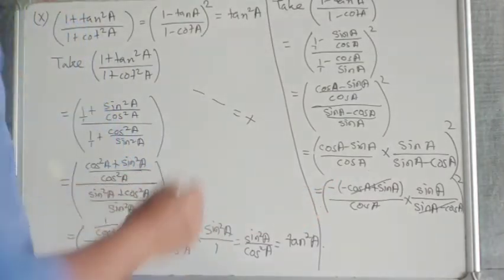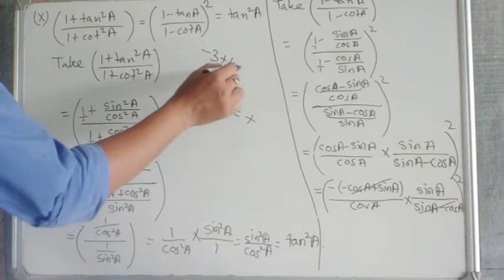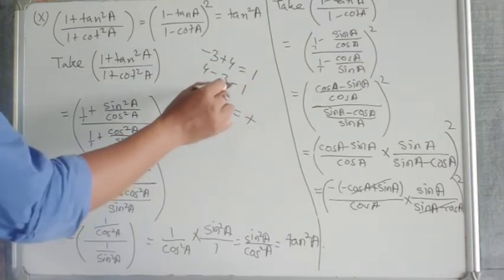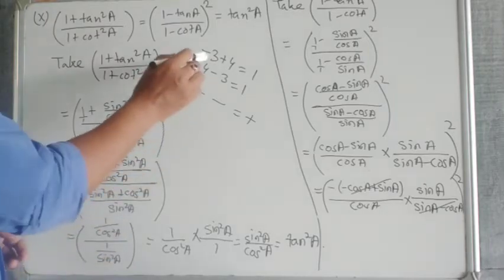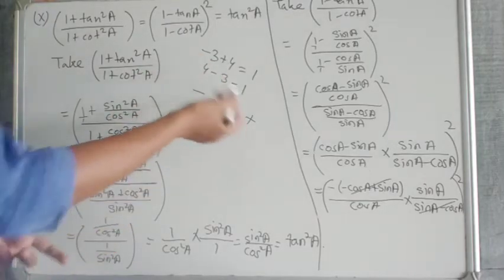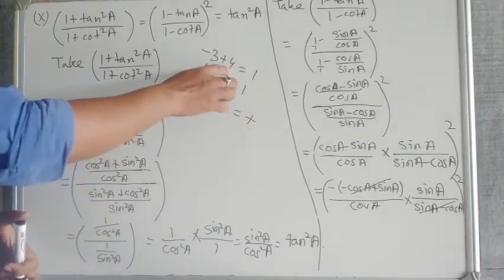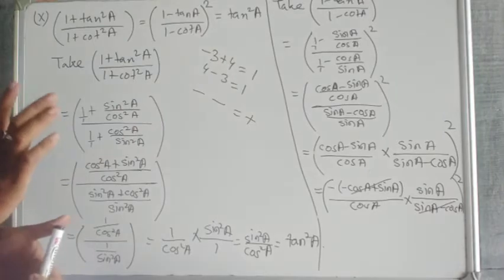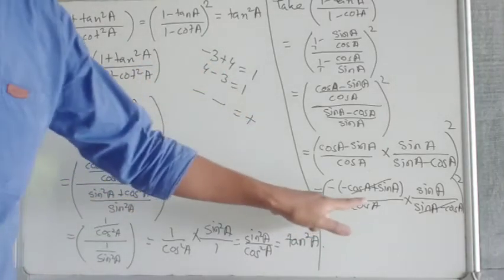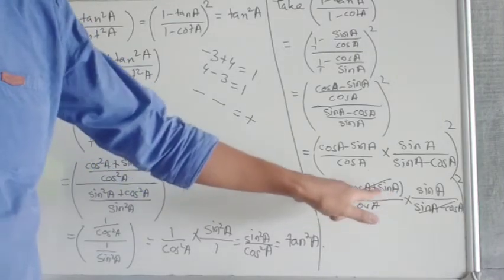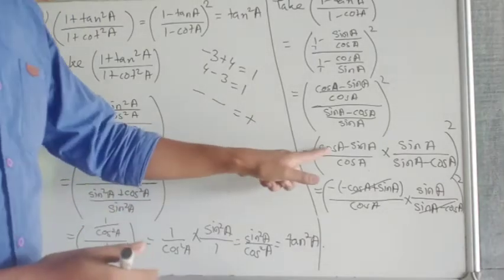If I write minus 3 plus 4 or 4 minus 3, what will we get? In both ways the answer will come 1. Understood or not? Minus 3 plus 4 or 4 minus 3, the same, 1 only will come. Here plus minus is minus, then since 4 is bigger, the plus sign will come. And here is 4 minus 3, a simple subtraction. So the same thing here also: minus cos A plus sin A, or sin A minus cos A, is the same thing. But these are two different things.